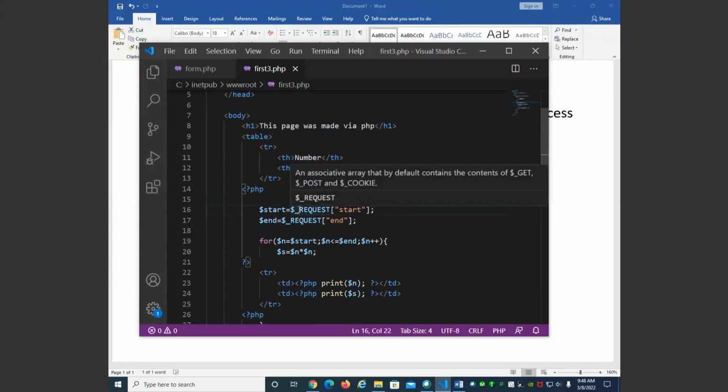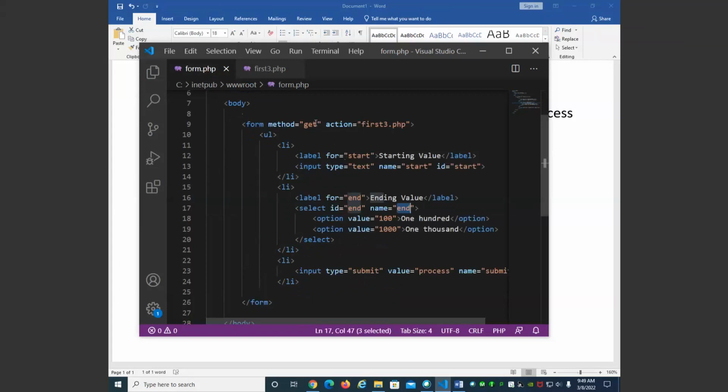And it shows me that I can use get or post, or I could actually pull this from a cookie, if it remembered the last search I did. If I use request, it will find it either if the page is posted to with a query string, or if the page is posted and the data is passed on the form collection. So for example, if I change this to post,